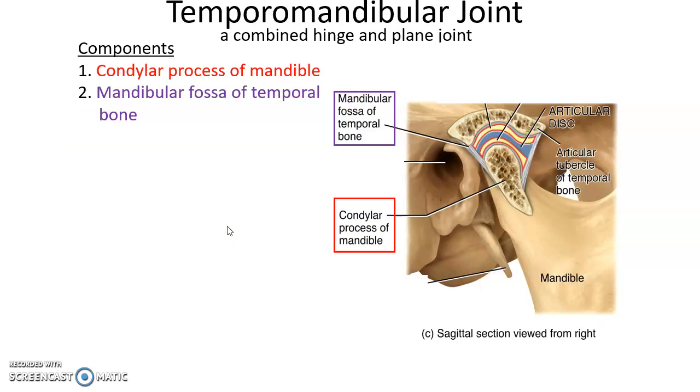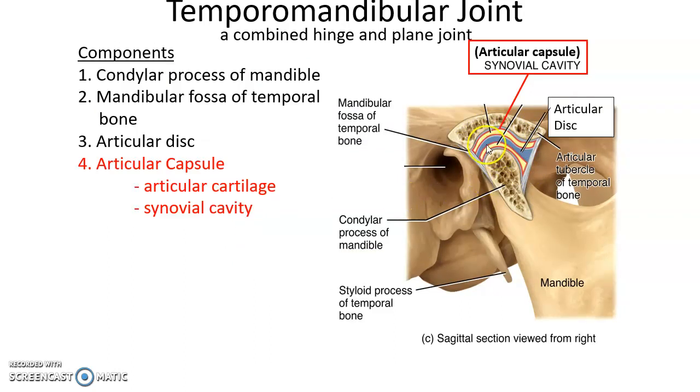There are different joints that you need to remember the names and parts of. So we have the temporomandibular joint between the condylar process of the mandible articulating with the mandibular fossa of the temporal bone. Within it, there is an articular disc. So the temporomandibular joint has an articular disc inside its